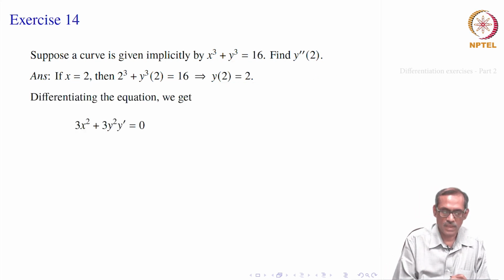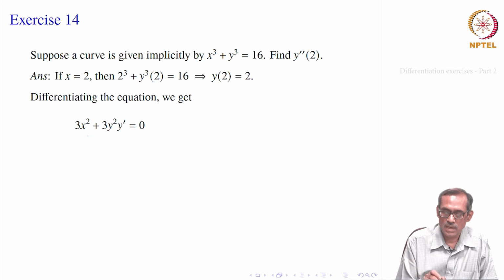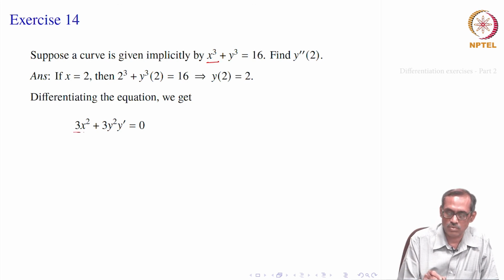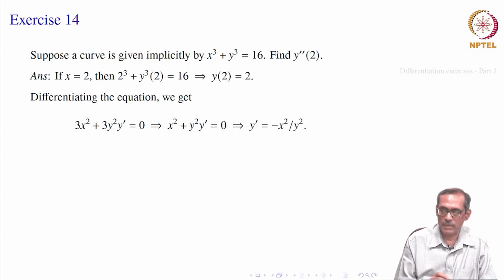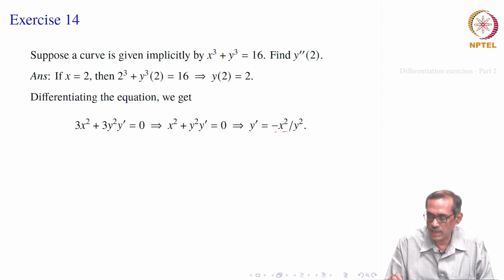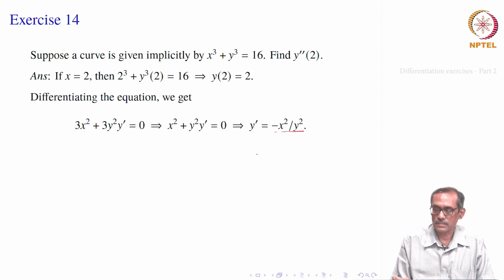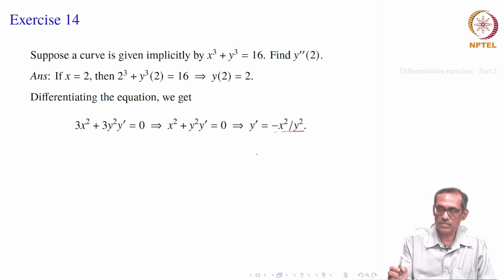All right. Now let us differentiate the equation. So we get x cubed gives 3x squared, and y cubed with respect to y gives 3y squared, and y with respect to x gives y prime. So we are differentiating with respect to x, and on the right side of course constant, so that gives 0. So that gives y prime equal to minus x squared divided by y squared. And we want to find it at 2 of course, but it is not y prime at 2, it is y double prime at 2. So we need to find one more differentiation.